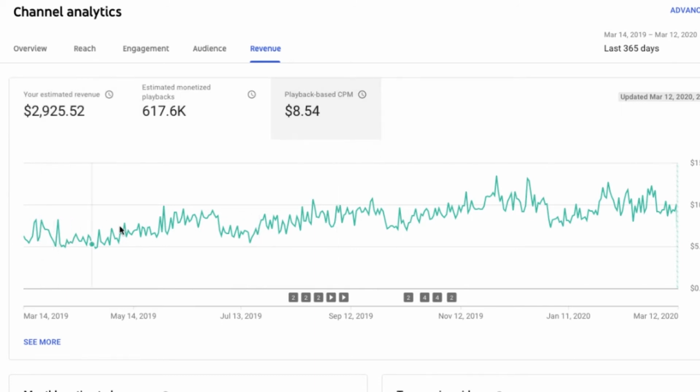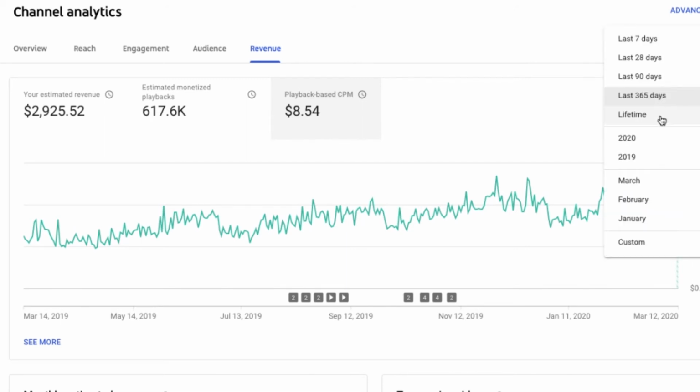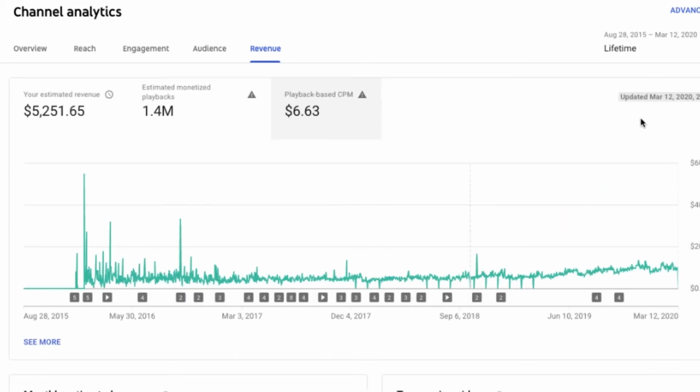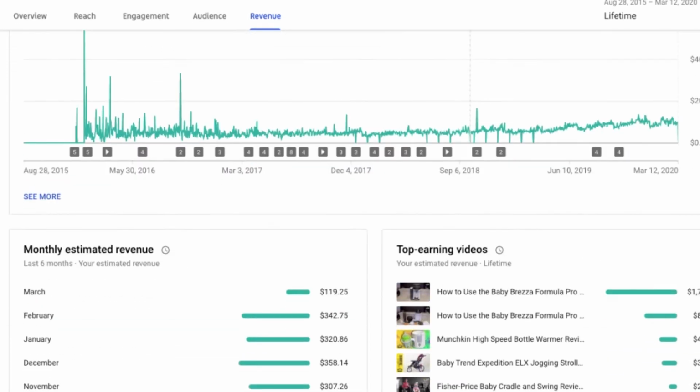If you look at this graph right down here, once I click on the CPMs, you see that the CPMs have risen over time. And then over the lifetime of the channel, I have made a grand total of $5,251.65, with a playback CPM being approximately $6.60.